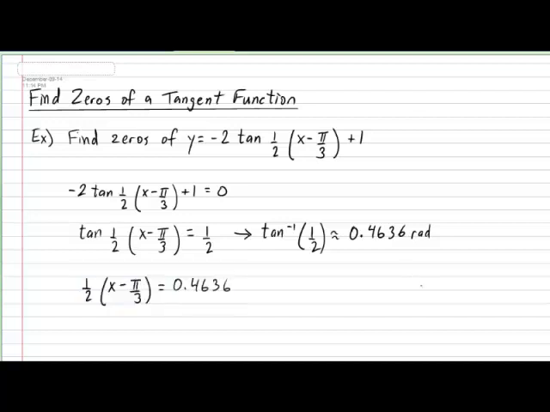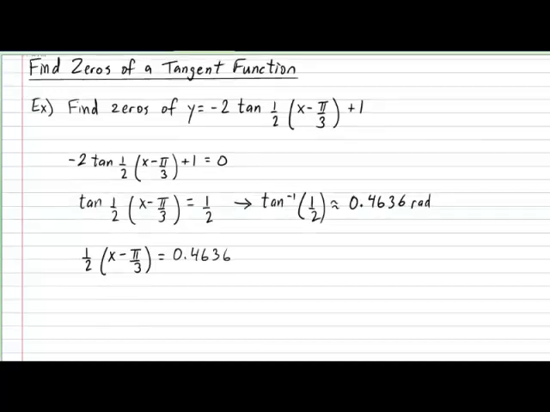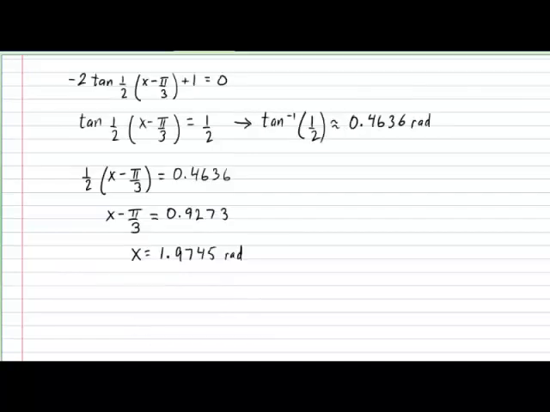We can now say that half of x minus pi over 3 gives us that possible angle of 0.4636. Next, we continue isolating the value of x, and in this example, when we're done, we should end up with x is approximately 1.9745 radians. In order to provide a conclusion in which this value of x is repeated upon every cycle, we'll